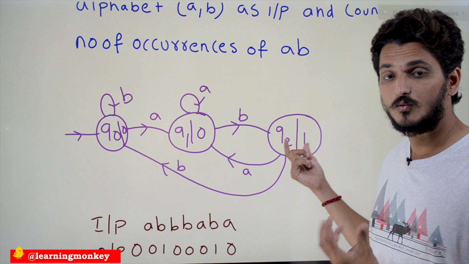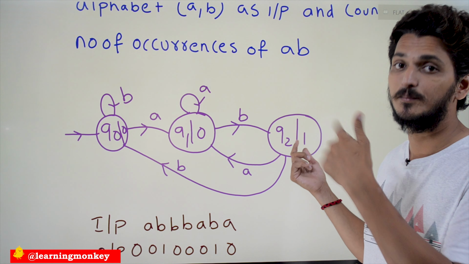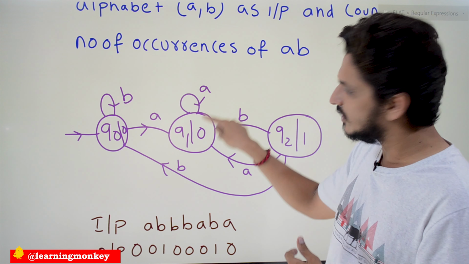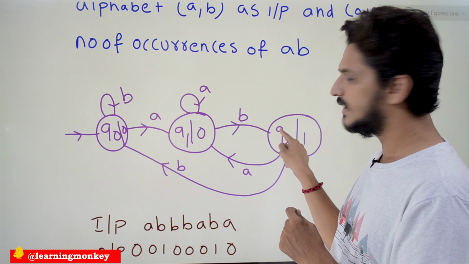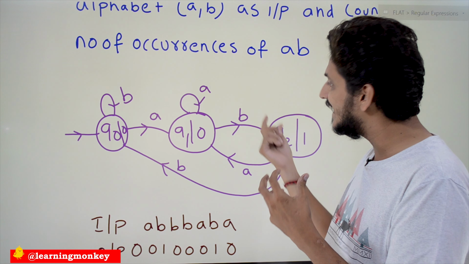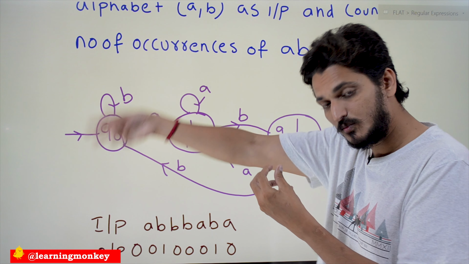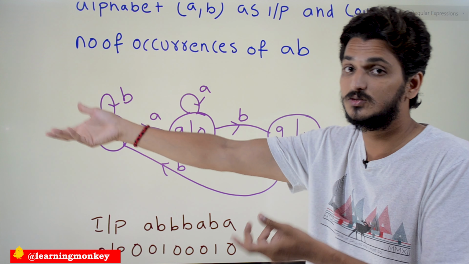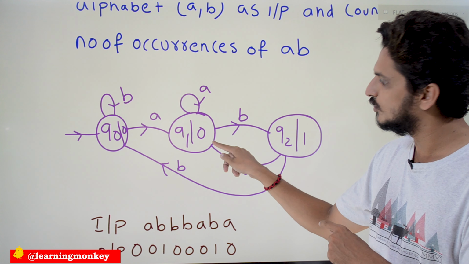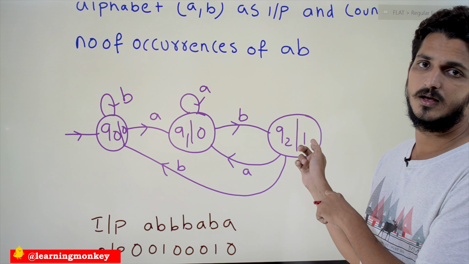On state Q2, what's the output symbol it is going to display? 1, because we had seen one AB. So after A, if you see any number of A's, stay on Q1. Whenever you see B, move on to Q2, because we have to count the occurrences of AB, the sequence of ABs. If you find one more AB, that is what you have to do. After finding one AB, if you find A, again move to Q1 state, because if you find B, again move to Q2 and display 1.